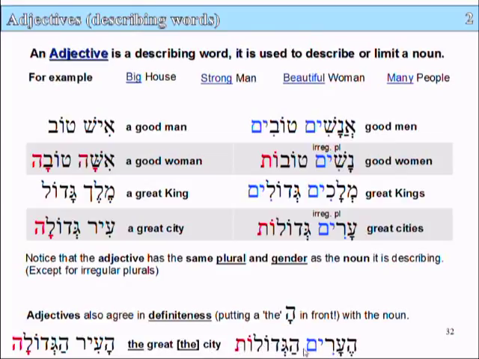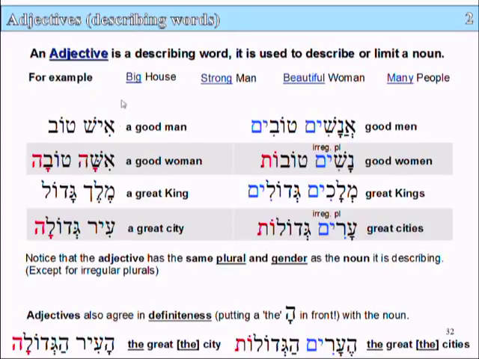And the plural is the same. If we want to say the cities, ha'arim, then if we want to say the great cities, we have to put the hey in front of great as well. Hagedolot, the great cities. So the main thing from this slide is to know that